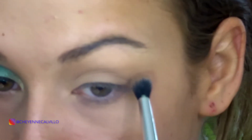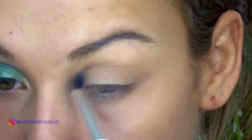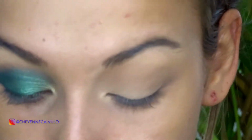I have a question for you guys. Do you like when I zoom in closer when I do my eye makeup? Or do you wish I would just keep it nice and zoomed out and just do it that way? Let me know. I personally enjoy when people zoom in on their eye makeup so I can really see what